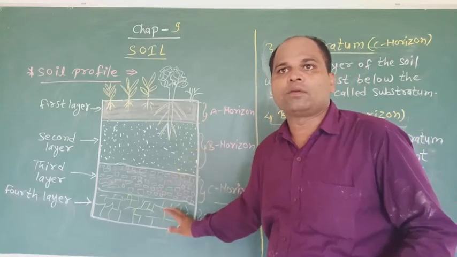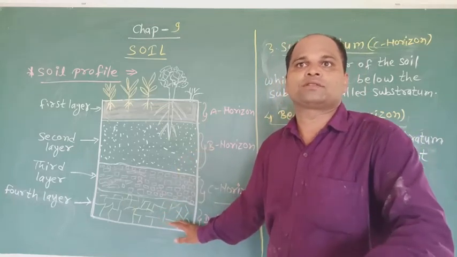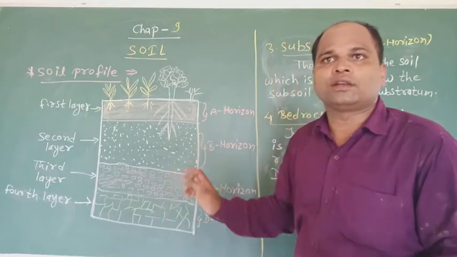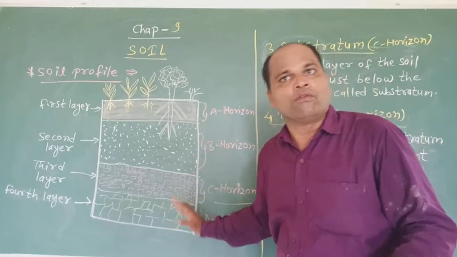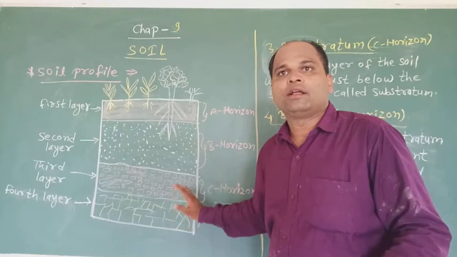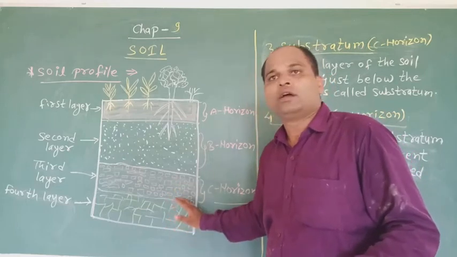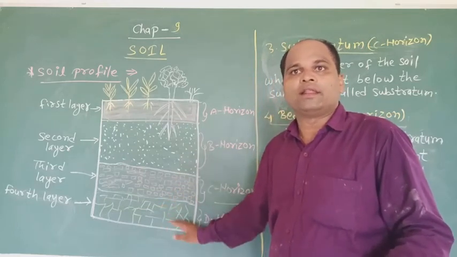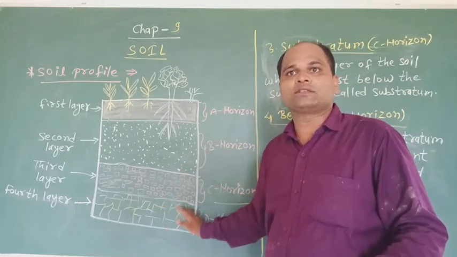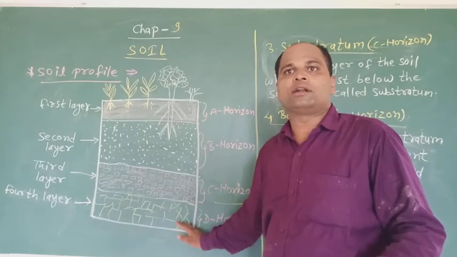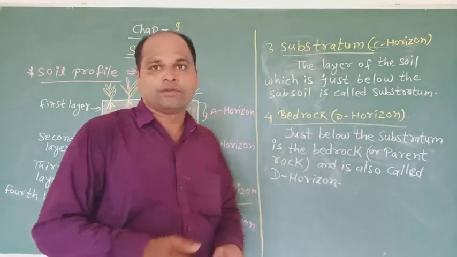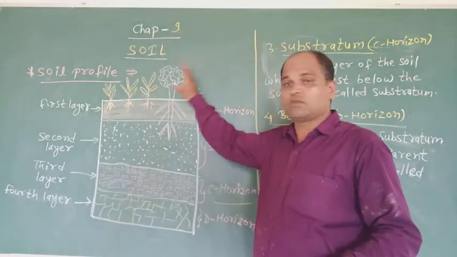This layer cannot be easily dug up, even with a spade. Water cannot penetrate the bedrock, so it accumulates above it to form the water table. The reservoir of rainwater accumulated in this layer is called groundwater. When there is sufficient rain, the groundwater level rises. During drought, the groundwater level falls. Students, I hope you all understood the topic of soil profile.